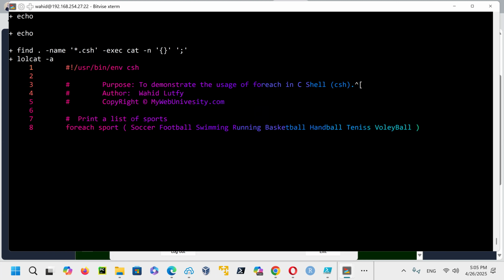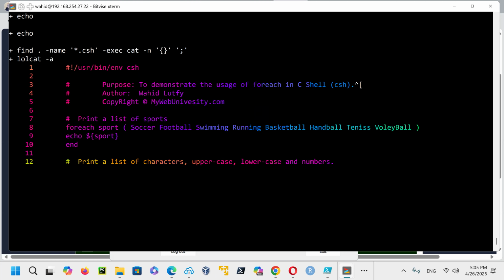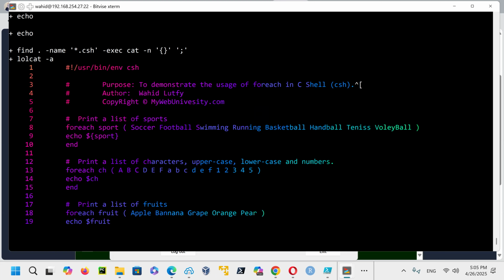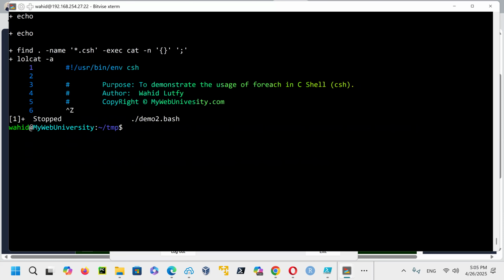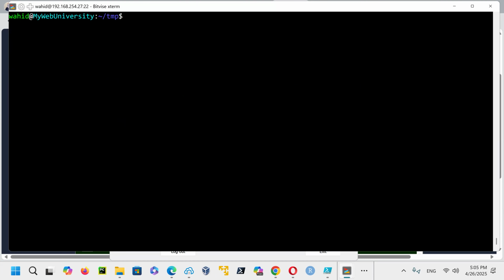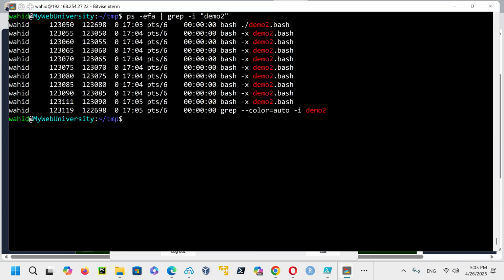So because we are running the script with bash -x, somehow the cat has some sort of buffer overflow issue or bug. Let me just correct that with Control Z. So I go here and say ps -ef | grep. First of all, I want to make sure there's no demo2 script. Look at that one. All of these keep spinning off another one.